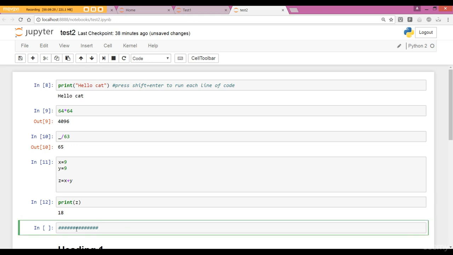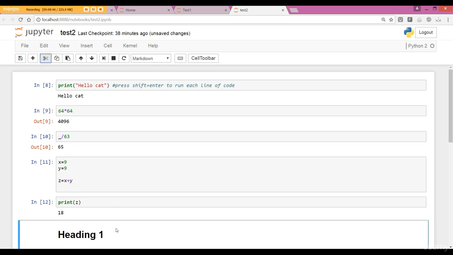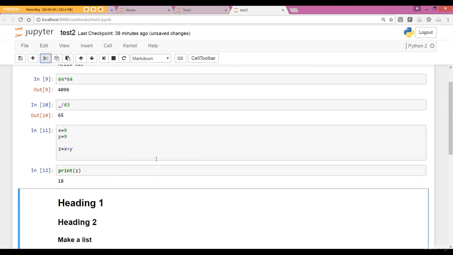And if you want to add a comment the way I did, press Shift Enter, then we put in a hash, and this is a comment. And this is how most data science notebooks function and look like. And we can even remove this particular cell. And now